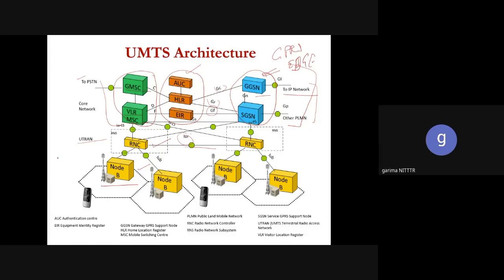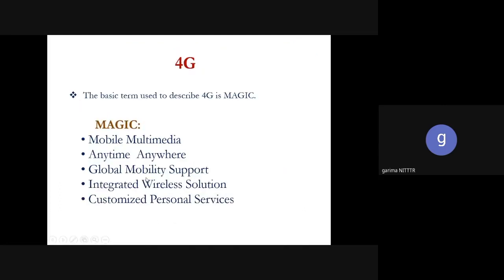So the basic idea was that for voice communication you have to use circuit switching, and you have to use packet switching for your data. And for packet switching, you are using the already available network, having some intelligent nodes attached to the network. Now, when we move towards 4G architecture, the term magic was defined for 4G at that time, because it was expected that 4G would be totally different from 3G, or that it would enhance the experience of the user in terms of data rate or speed.